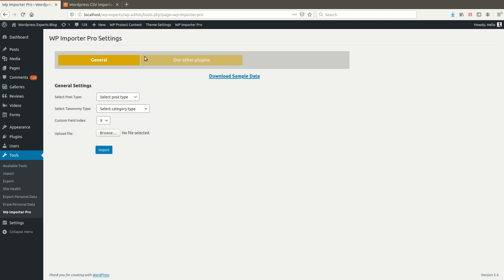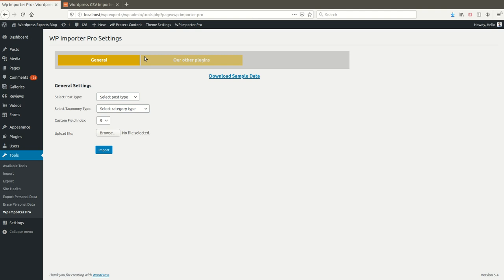If it already exists, it will auto assign the post to that particular category. If the category does not exist, it will create a new category using the given name and auto assign it to the particular post title.